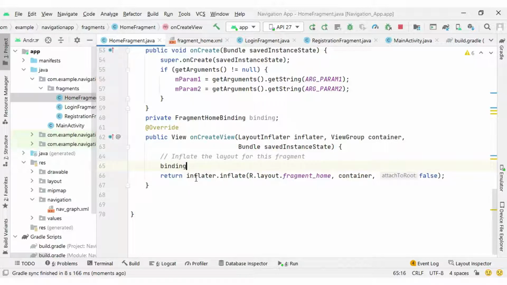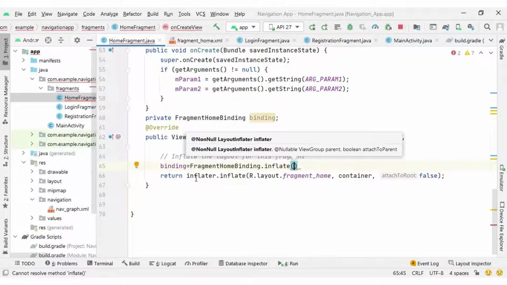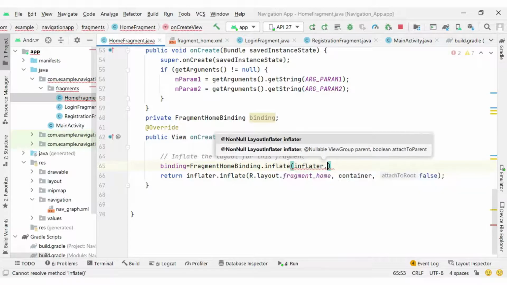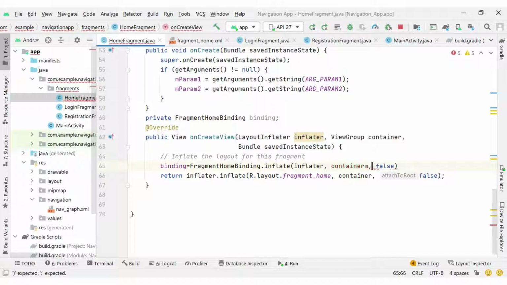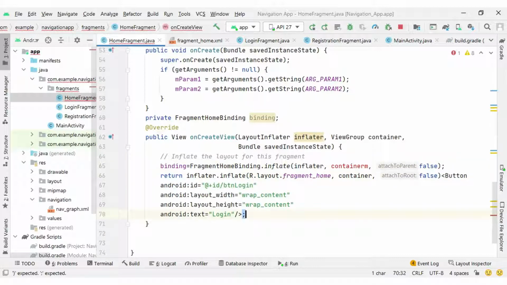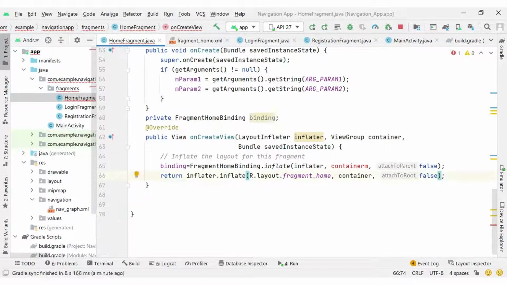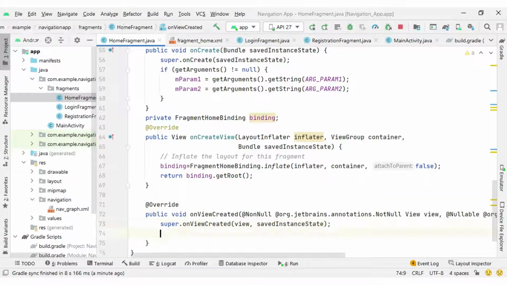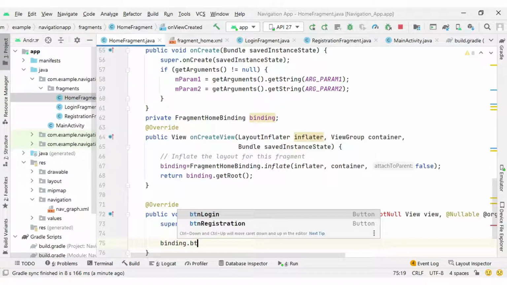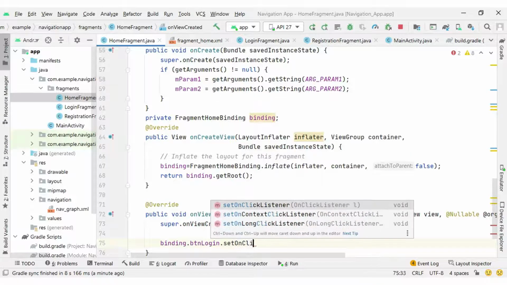So let me create the binding instance here, fragment home binding dot inflate, and inside the brackets we pass inflater, container, false. Next I am going to return the view binding instance dot root, so I will write binding dot get root. Next we will create on view created, and inside on view created we will write binding dot button login dot set on click listener.